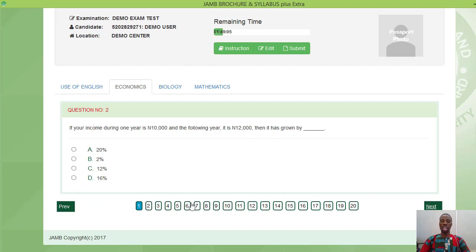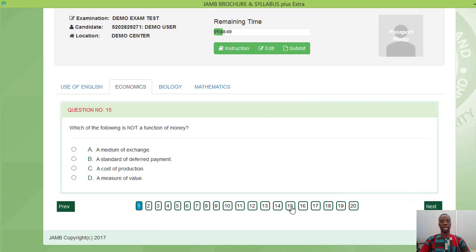So that simply means you can jump from this question number 1 to any number, provided you didn't know question number 2, question number 3. Let's assume you successfully answered question number 15 and you click next. You will see that this question number 15 is answered, is in blue ink, is colored blue. Now these 2, 3, 4, 5, 6 and some other numbers that are not in blue color simply means you